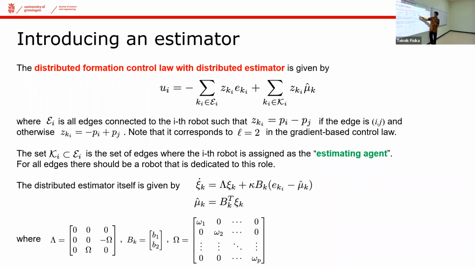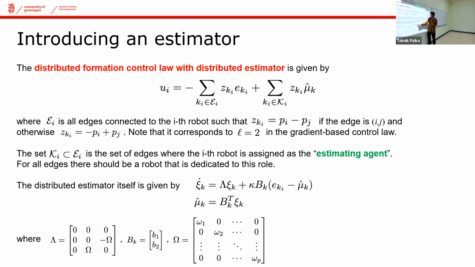And how is mu k generated? It is generated by this simple, not simple, I'd say it's simple, but maybe it's not simple to most of you. Mu k is generated by a dynamical controller, and in this dynamical controller, you have a kind of memory which is trying to match the frequency or the amplitude information and the phase information from the disturbance. And that is the role of this memory state. And it is always being corrected by the error that we obtain from the current error measurements minus the estimator.